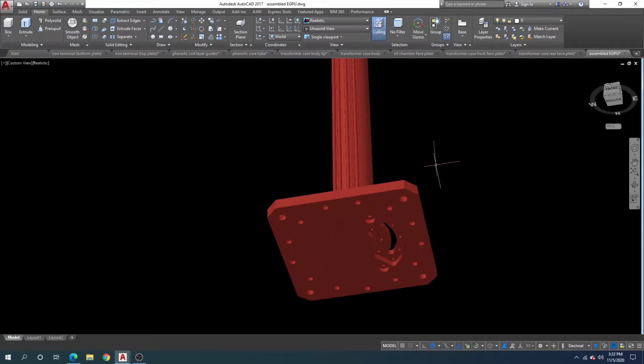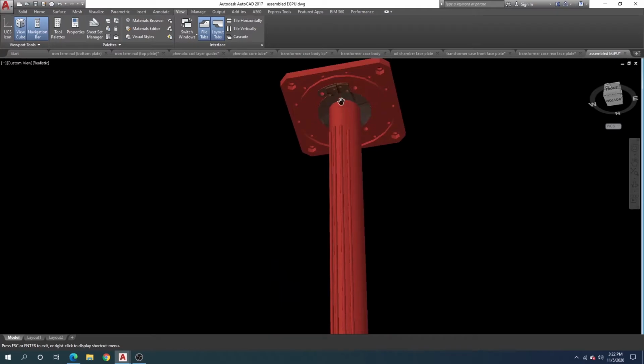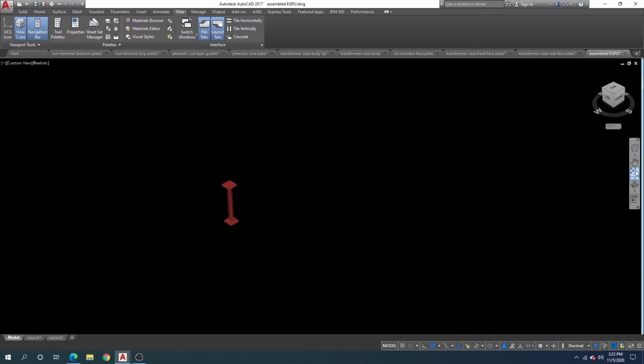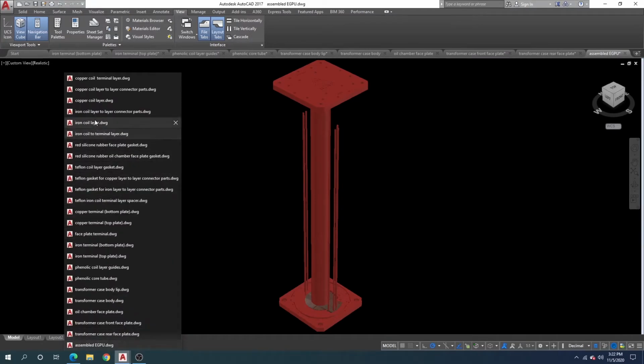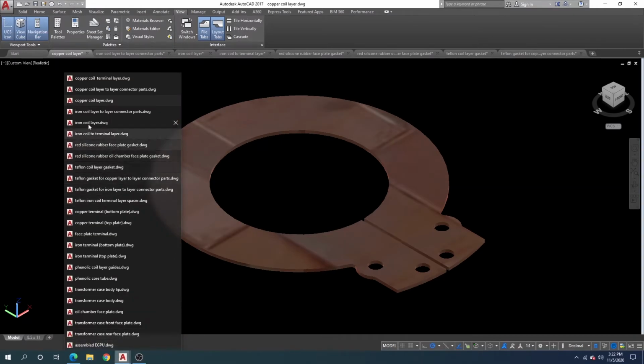Okay, let's go up here and speed it up a little bit. Turn that on, turn that off. All right. Okay, there we go. And that's the other terminal layer. Okay, so let's reset the view of this thing. Okay, there we go. Now, the rest of these, before I turn those on, let's go down to